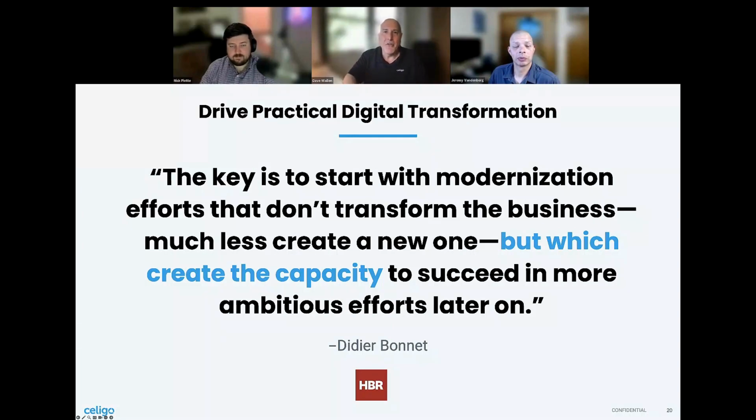Because an easy platform that everybody can be trained on, that business users can be made capable on, is going to scale. That's capacity that the organization maintains even as there is turnover, even if there is employee churn,